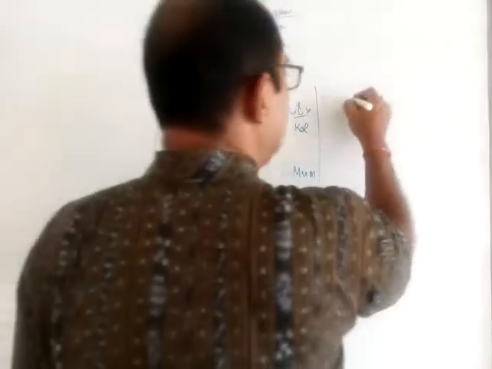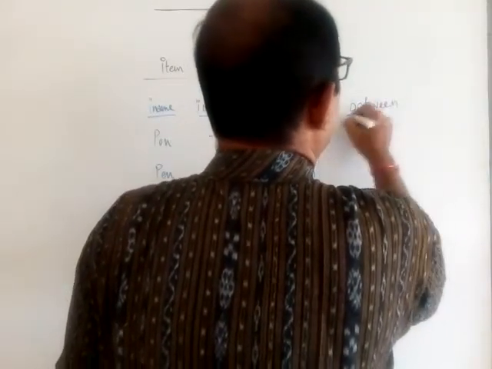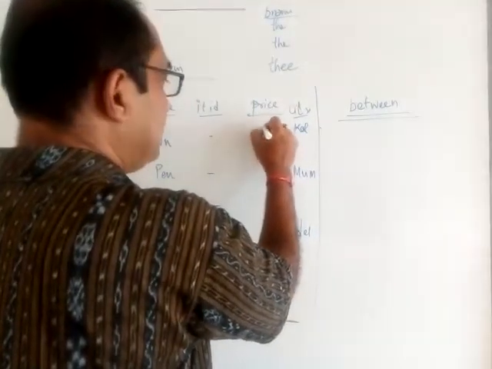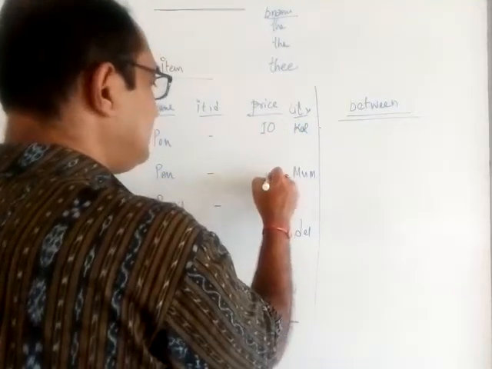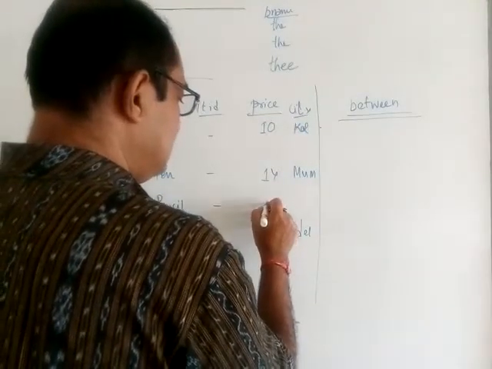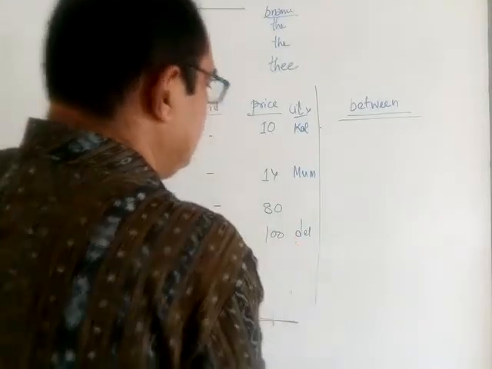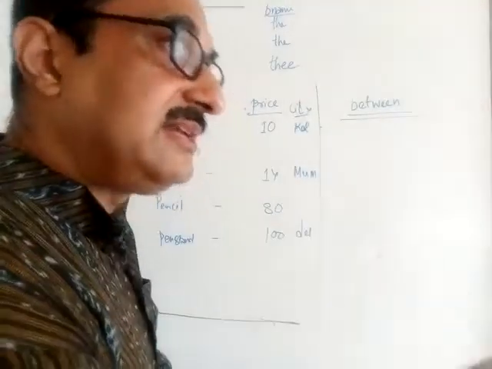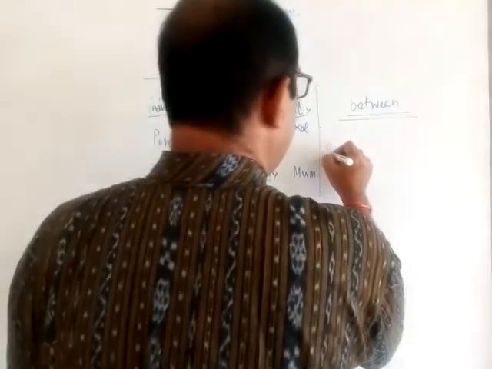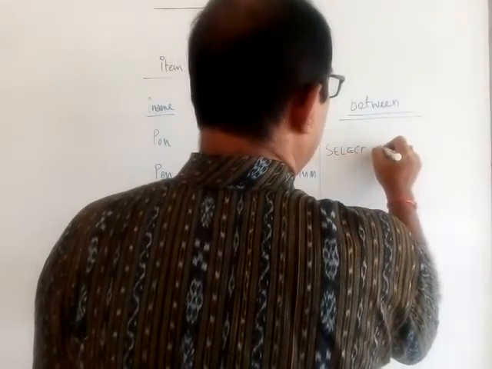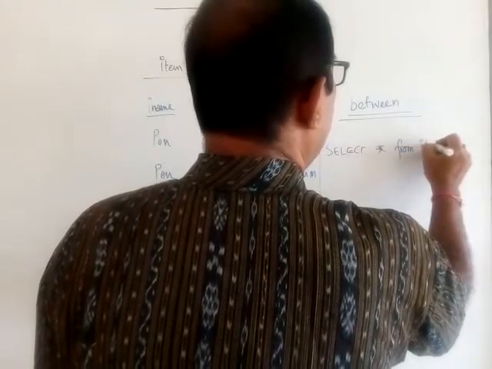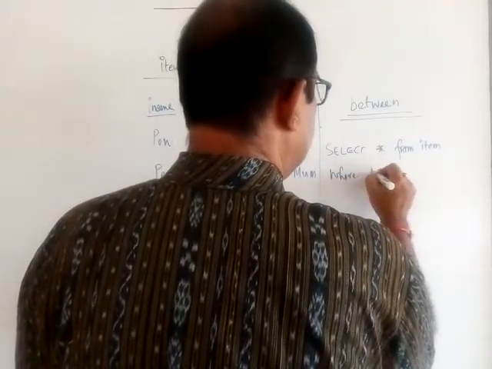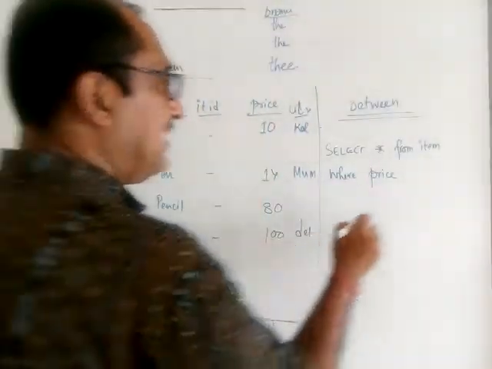Then there is another thing, which you have also done in class 11, BETWEEN. BETWEEN is used when we are talking about, say, the price. If you write the prices, you will understand it better. So it is 10 rupees, say 14 rupees, say 80 rupees and 100 rupees. I wanted all the items which are within 10 rupees and 80 rupees. So we will write SELECT * FROM item WHERE price BETWEEN,